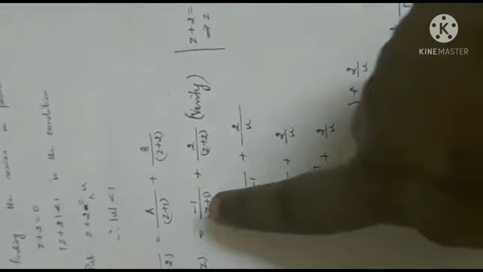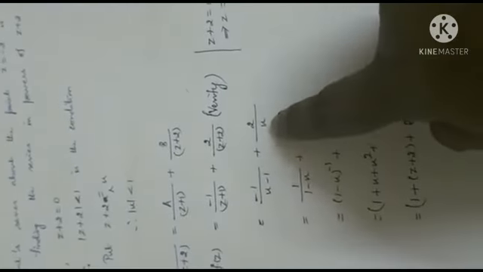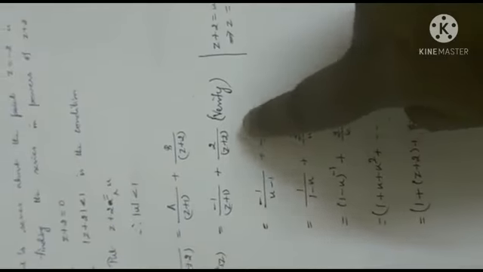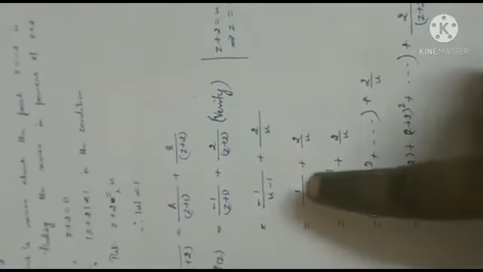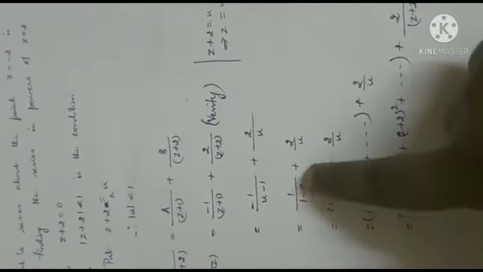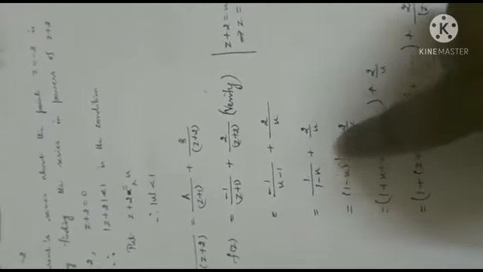See, z plus 2 equal to u, z equal to u minus 2. u minus 2 plus 1, u minus 2 plus 2. This cannot be expanded, simply u in the denominator. This can be expanded easily, mod u less than 1 is sufficient. Take simply the negative sign, 1 minus u. Already mod u is less than 1. So 1 minus u whole power minus 1. Binomial expansion, it is over. Okay, get the answer in terms of z.